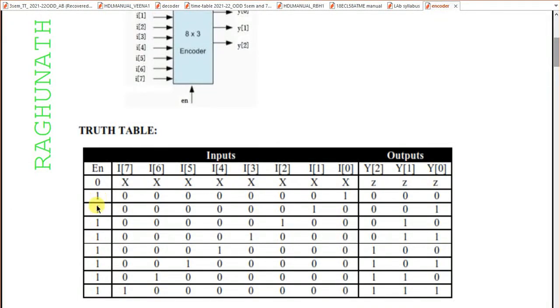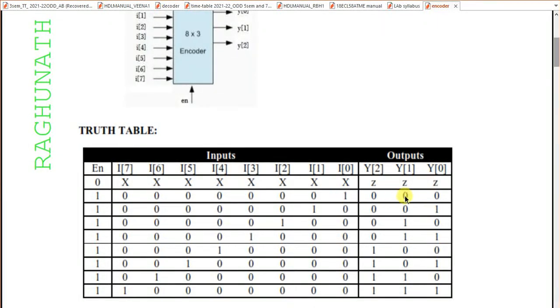From the second row you can see the enable pin is equal to 1. Now all inputs are 0, only I of 0 is equal to 1. If only I of 0 is equal to 1, then it will encode this input combination with a unique output of 0 0 0.